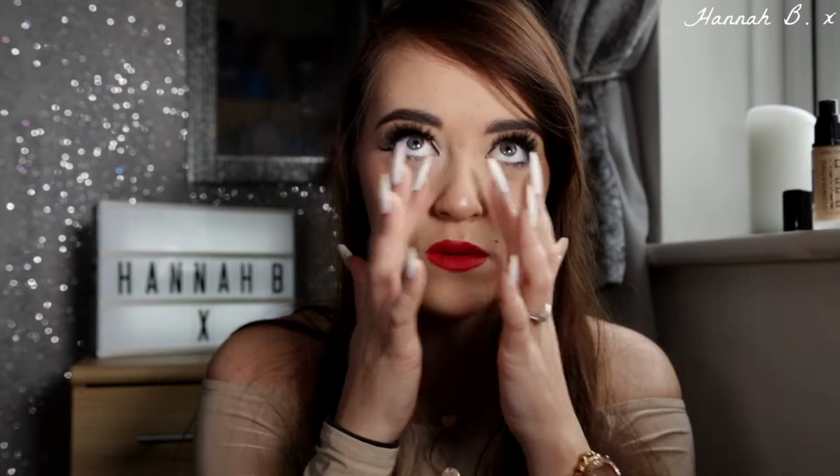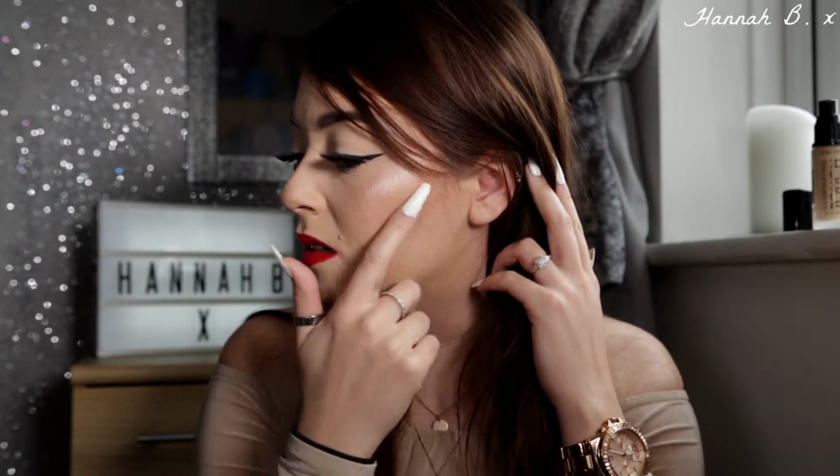Okay guys, so my verdict is, when I first put on this foundation I was like, what the hell, it looks terrible, it shows every lump and bump, and don't get me wrong, it still does, but the parts where I've baked and the parts where I have put concealer, it looks better, it looks more flawless, and I don't know if that is the concealer or if that is the foundation, but around this area, I don't know if you can see, it just doesn't look smooth, it doesn't look flawless, whereas other